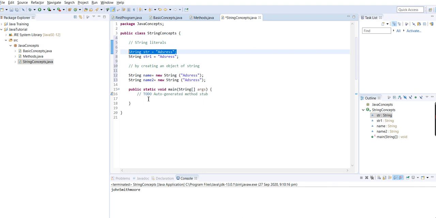That's why in Java a string is immutable, so that it will not impact the other reference variables. So if we have the value str equals address,